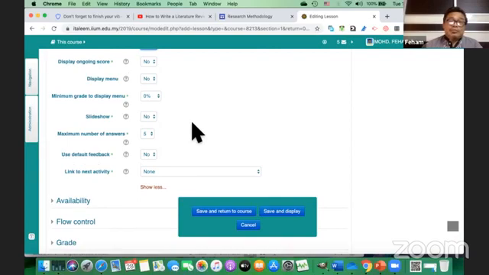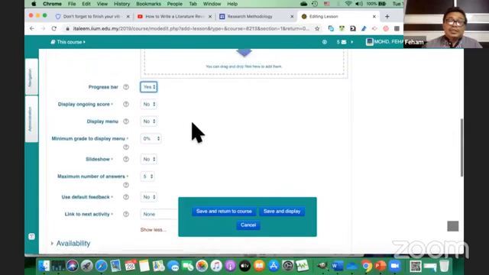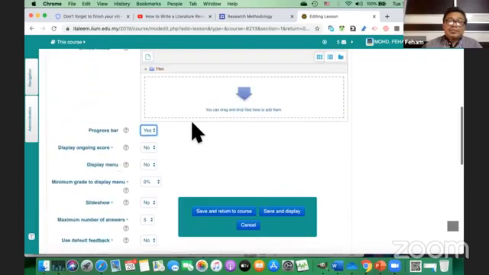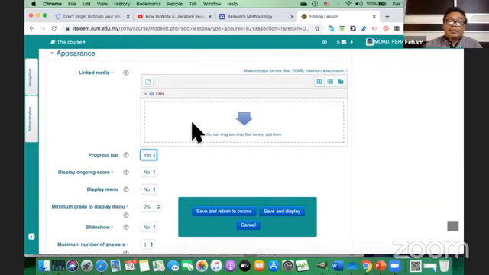Since this is a graded lesson, once the first try is completed, you have an option for the student to reattempt the lesson once again. It's like a quiz, but a quiz is more targeted for assessment.